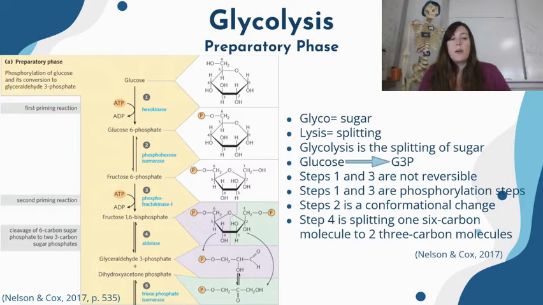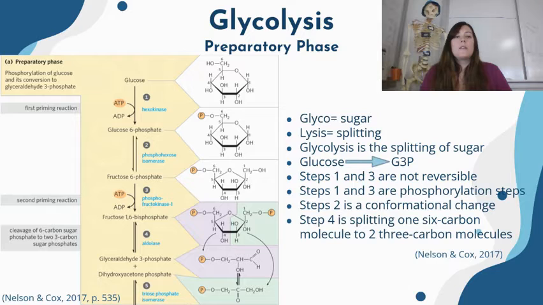or G3P. So the first reaction here, from here to here, uses an ATP molecule to phosphorylate the glucose and convert it into glucose 6-phosphate, using the help of this enzyme here, hexokinase. The phosphate is attached to the 6th carbon right here. This reaction is not reversible, meaning there is a different enzyme that functions in converting the glucose 6-phosphate back to